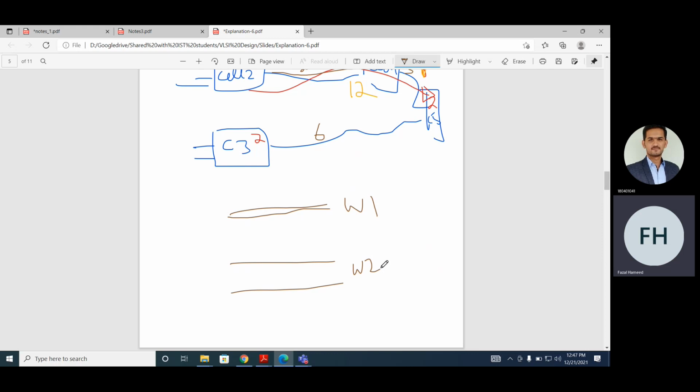Which wire will have more delay? Wire 1 will have more delay, because if they are of the same length, it has high resistance and the second one has low resistance.